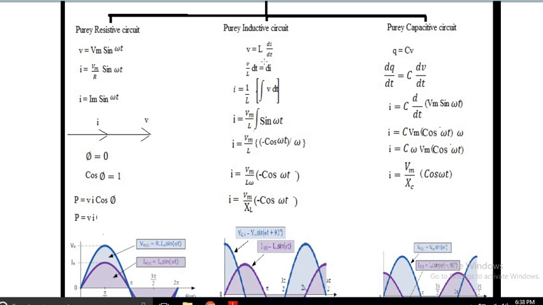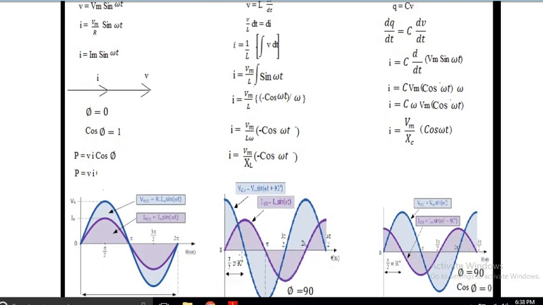Now this minus pi by 2, how does it reflect on the waveform? You can see that voltage is at maximum at t is equal to 0, and at that moment you can see current is starting. Then when current is going to positive maximum, voltage is at positive 0. That means voltage has already started, and the difference between voltage and current is pi by 2. And who is behind? Current is behind, so that is why it is minus pi by 2.